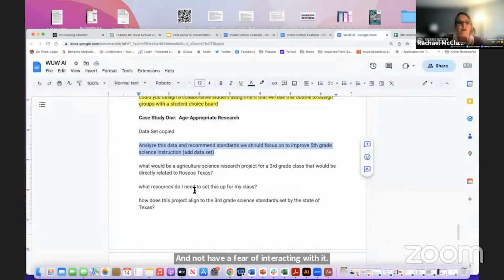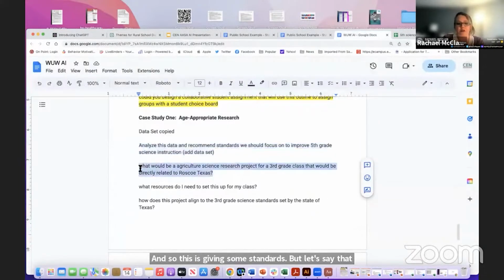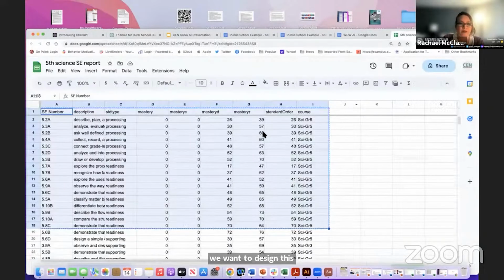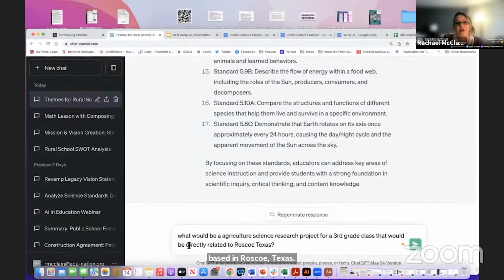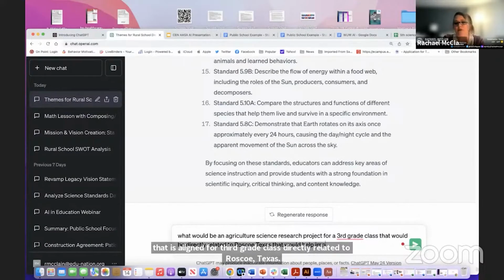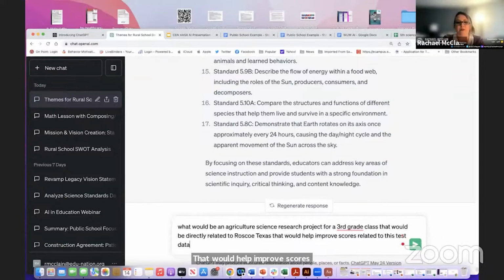But let's say that we want to design this agricultural research project based in Roscoe, Texas. That's one of our rural locations where our districts are located. And so I want to have an agricultural research project aligned for a 3rd grade class, directly related to Roscoe, Texas, that would help improve scores related to this test data.